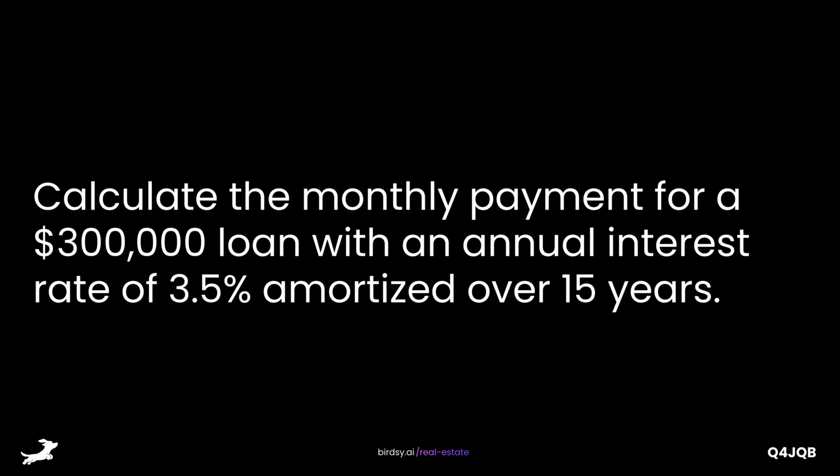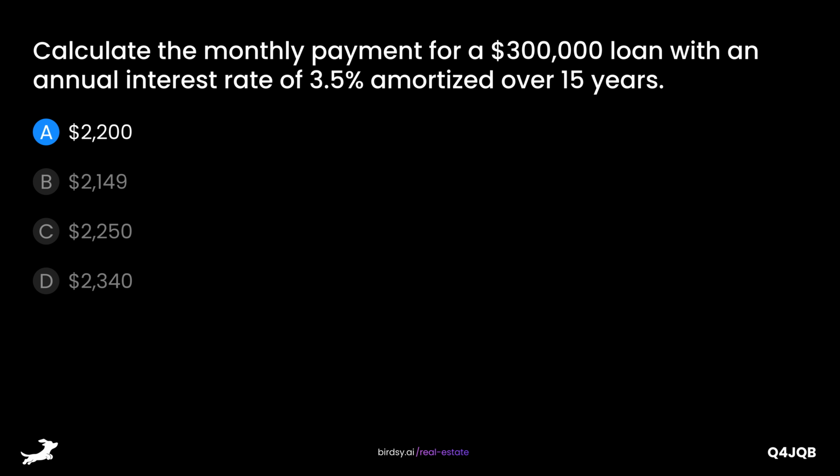Calculate the monthly payment for a $300,000 loan with an annual interest rate of 3.5% amortized over 15 years. Is it A, $2,200, B, $2,149, C, $2,250, or D, $2,340? The answer is B,